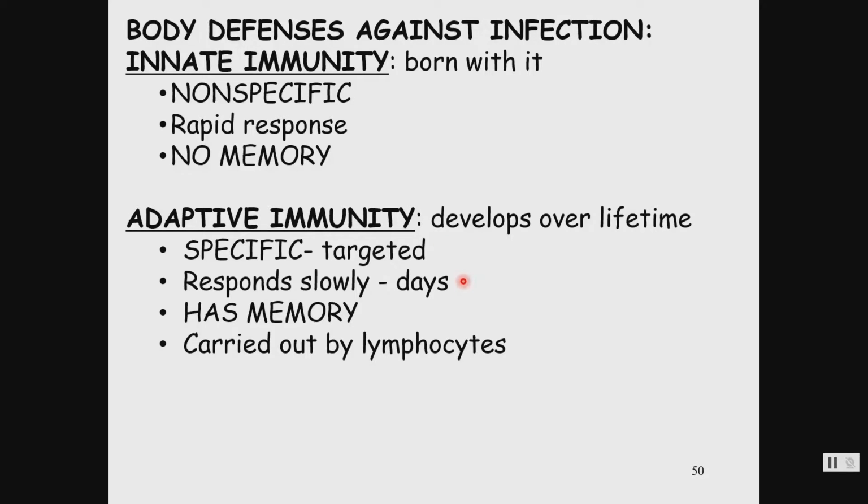The downside is that when it is naive, meaning it's never met an antigen before, it responds slowly. It takes days. The upside is it has memory and it remembers every time you've seen something. Once it has been challenged with something, this is why vaccination works, it leaves behind memory cells that are there for the next time you're exposed, and can then neutralize that threat before you ever get sick. Your adaptive immunity is brought about specifically by those lymphocytes. So you definitely need to keep your innate immune system straight from your adaptive immune system.